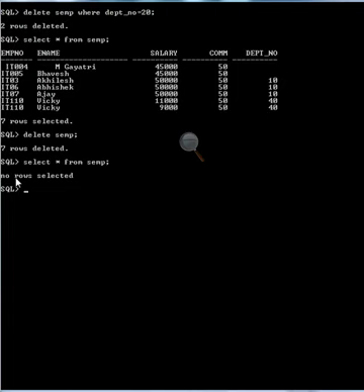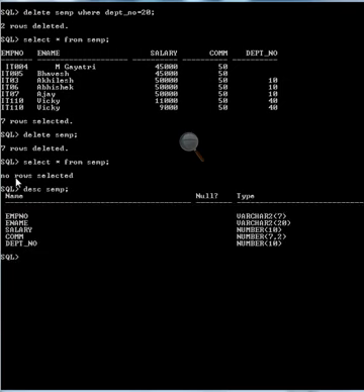So all the values of the ACMP table have been deleted. But if I write describe ACMP, we can see the description of the table is still available, but there are no rows in it.